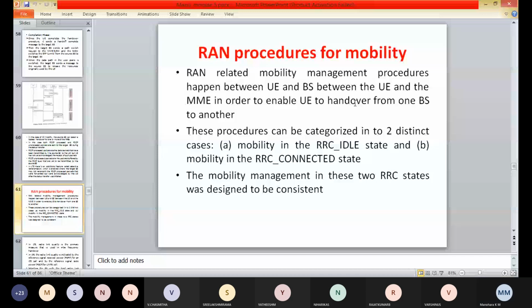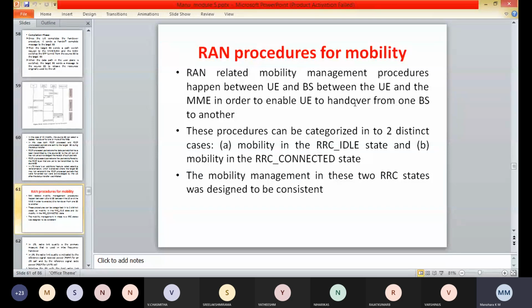So here in the RAN procedure, the EUTRAN may initiate a handover without any of these triggered events, which is called a blind handover. All handovers in LTE are hard handovers, that is, the user equipment can be connected to only one eNode B at a time. It is usually a backward handover, where the target eNode B controls the handover and is requested to prepare for it as well as to allocate resources for the user equipment.